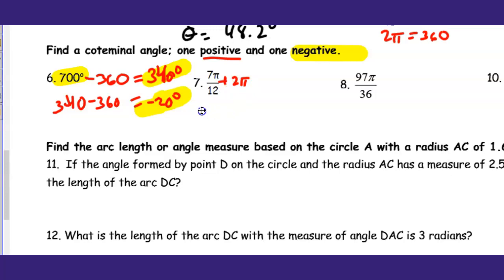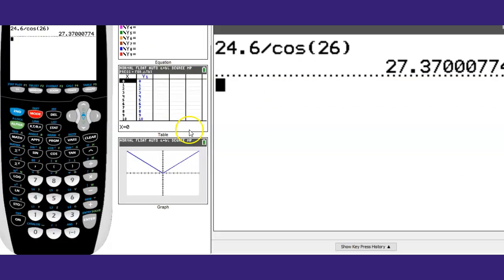And I'm going to do 7 pi over 12 minus 2 pi, okay? So now look, I know it's a radian, guys. But look, your calculator will do it for you. Let me show you. So, in the calculator, remember it was 7 pi over 12? But if I put 7 over 12,